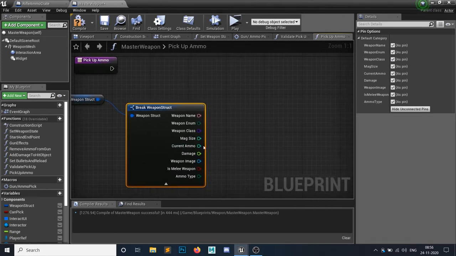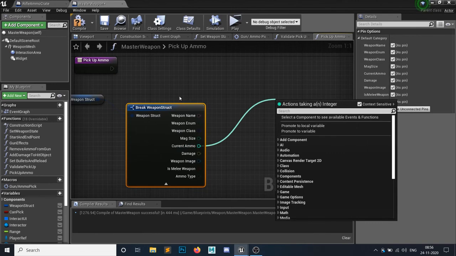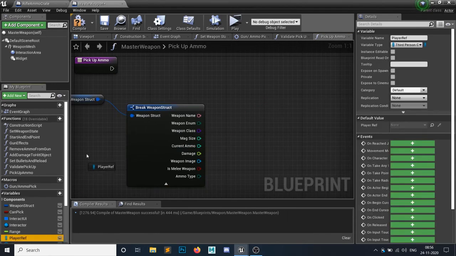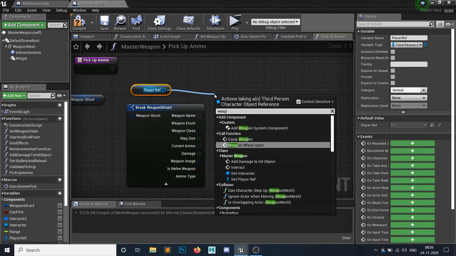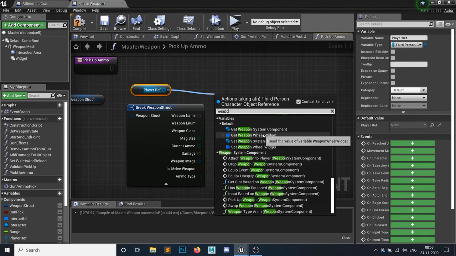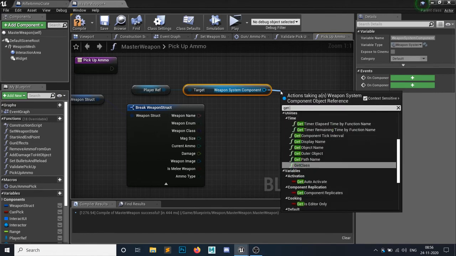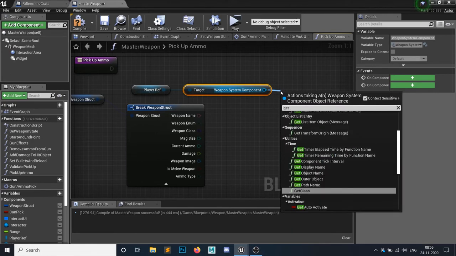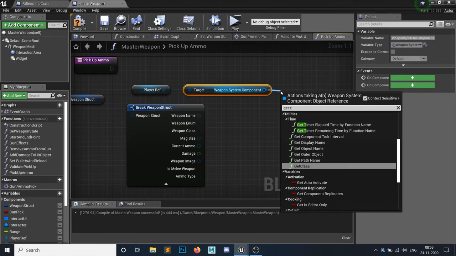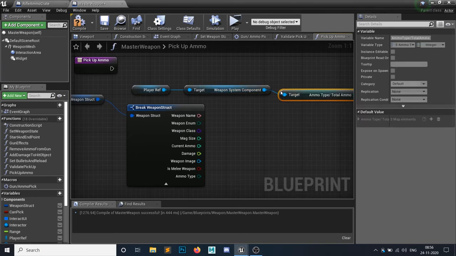So we're going to take this current ammo, and from this player reference we get the weapon system component, yes, this one, and get that maximum ammo slash total ammo type slash, yes, this one, this map.